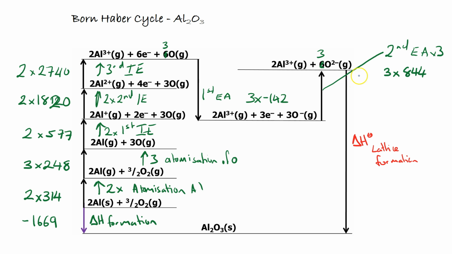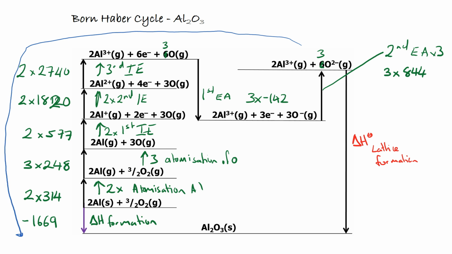Now, if I'm wanting to know what the lattice formation energy is, this is going to be the same as if I go around, against, and go this way around my Hess cycle, or around my Born Haber cycle, much like a Hess cycle. So, my value for the lattice formation we can work out as follows. The enthalpy of lattice formation, apologies, is going to be equal to, here, well, it's going against my initial second electron affinity, so minus